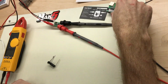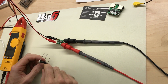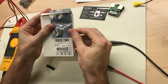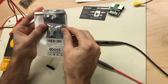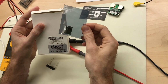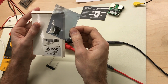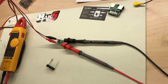So the down converter board that I had laying around that I'm going to try to use today is from eBoot on Amazon. It's a MP1584, MPS based little board. It's made for 28 volts in and anywhere from like 0 to 12ish volts out is what the site rates it as, but